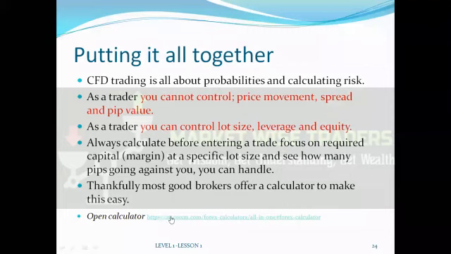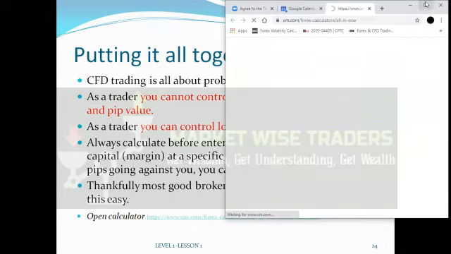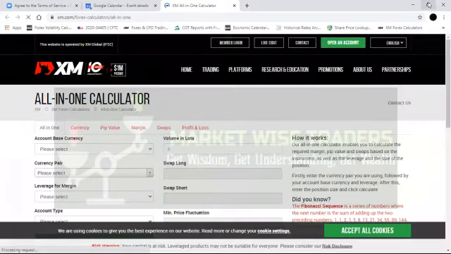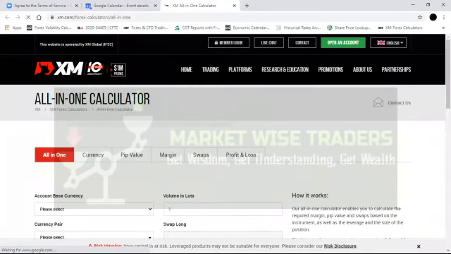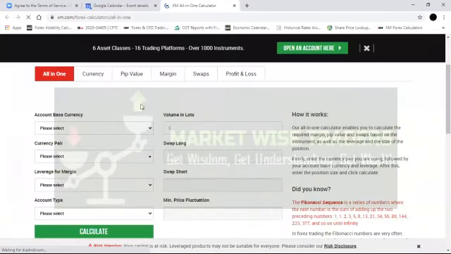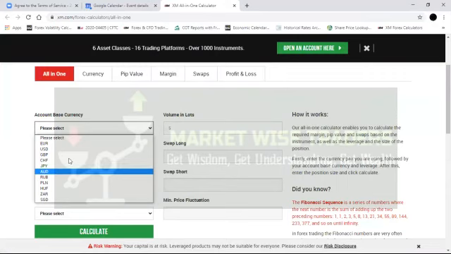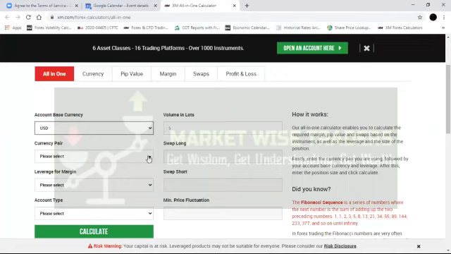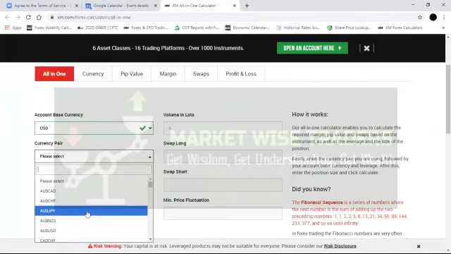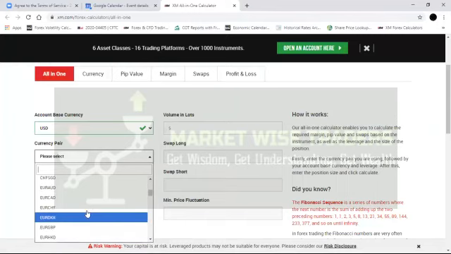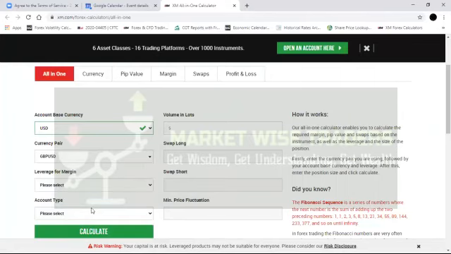So it makes it simple, because maybe you'll be like, how do I calculate this? How do I calculate that? But most brokers, let's have a look at this trader's calculator. Okay, this is one of the brokers that I use. This is XM, right? So as you can see here, most of us trade our base currency as US dollars. If you want to use any other, it's basically all the same. But most use US dollars, meaning your account is a US dollar account. So you select the pair that you want to trade. So let's say, for example, we use the example which I used, the GU, pound US dollar,